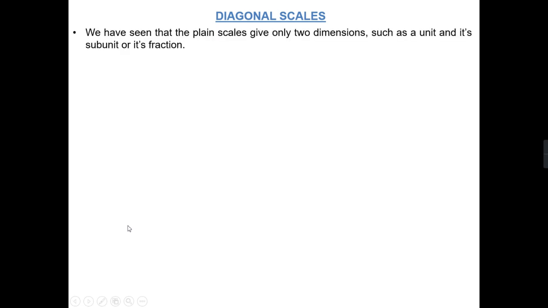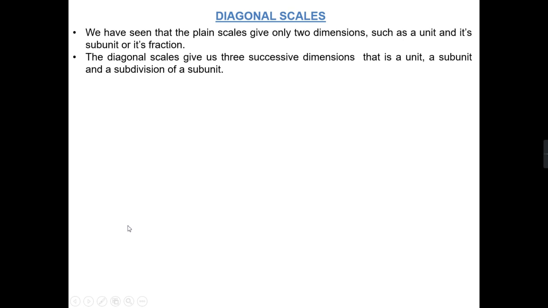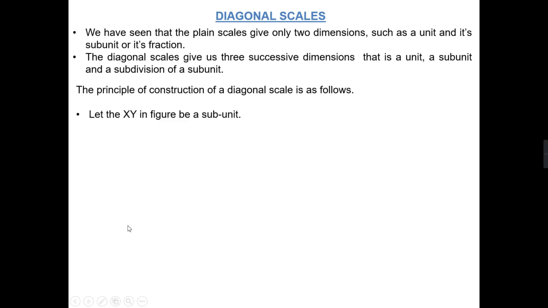So another topic is the diagonal scale. As I told you, the minimum or least count of the diagonal scale is 0.01. So what is the principle of construction of a diagonal scale? So to understand the principle of